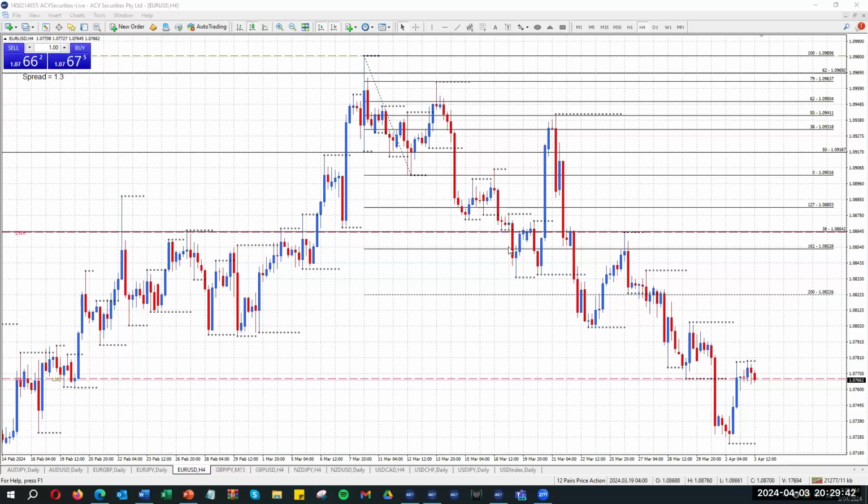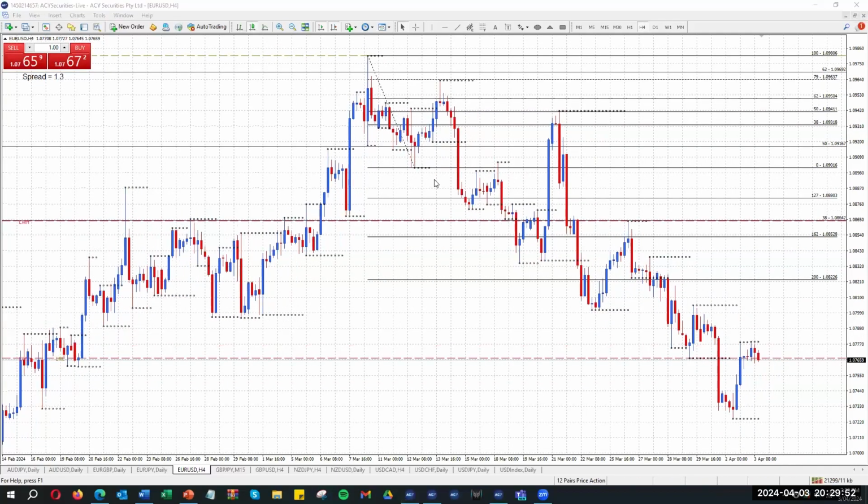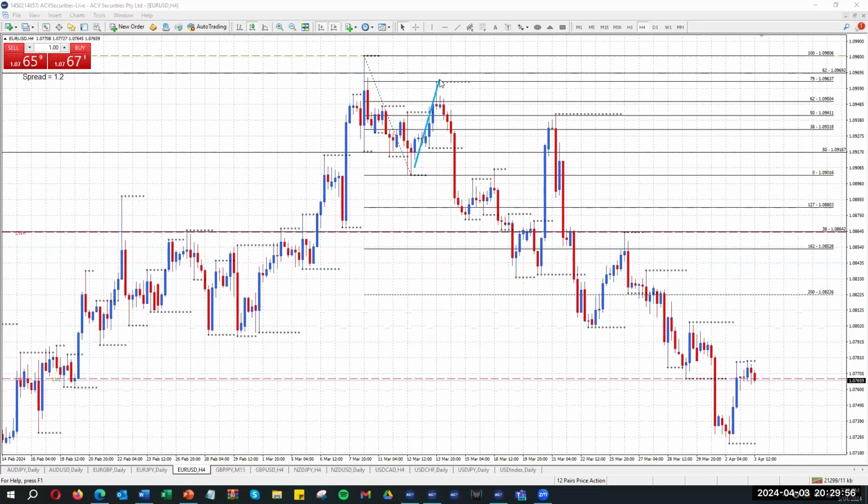Is that once we get down into the 162 area, this is not where you want to get short. So this is just a prime example of, we come up to, get my drawing tool back in, we come up to the 79. Once we get to the 127, that's a great area to take profit. Yes, we can move deeper down. But once we get to the 162 level, there's a high chance we're going to move back up the other way. All right, so then you should be getting set down here for this to come up